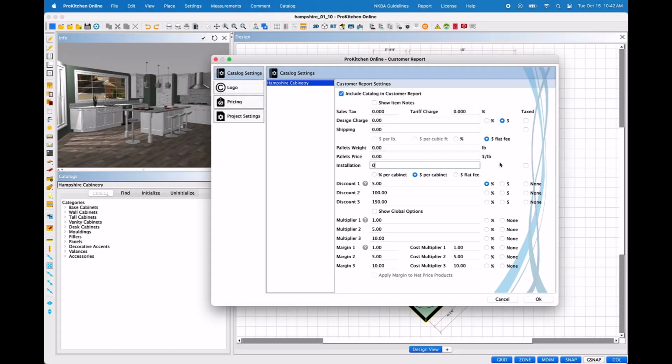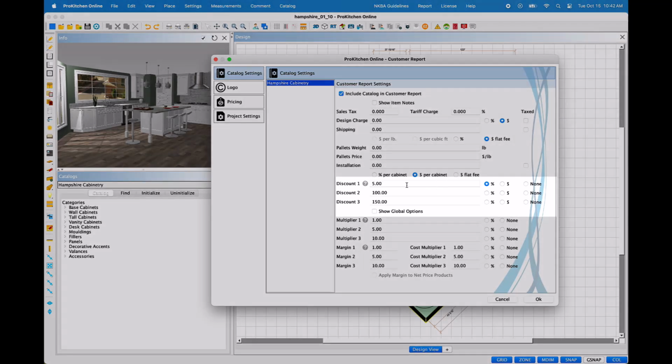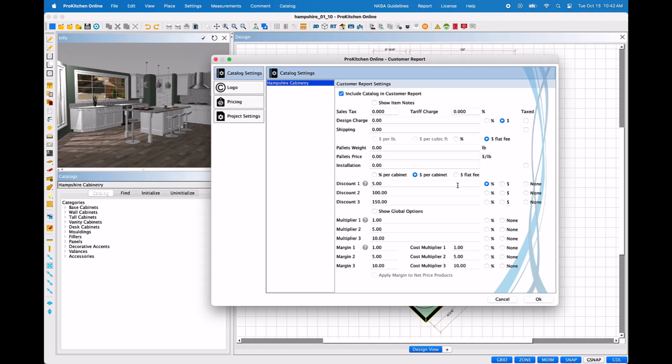These are the fields we will focus on in order to produce the correct customer cost at the desired markup or profit margin rate you wish to apply. We will start with the discount field. To select this option as the basis for creating the quote, left-click the radio button to the left of the